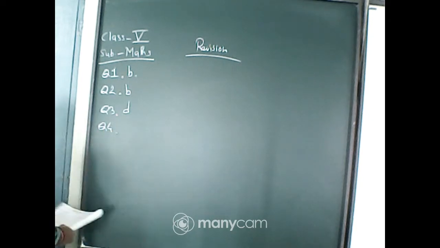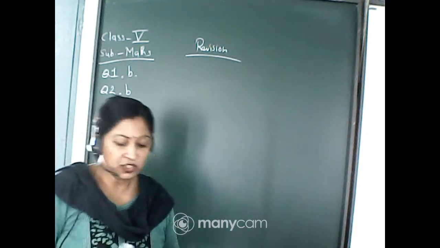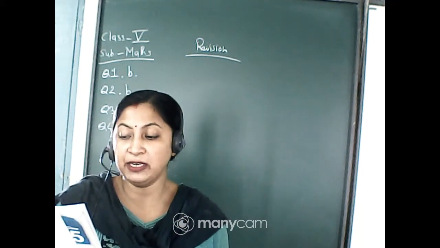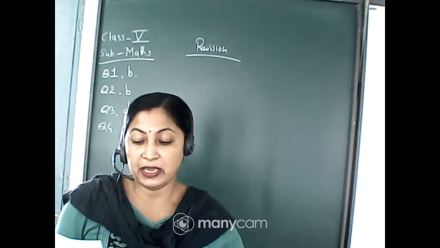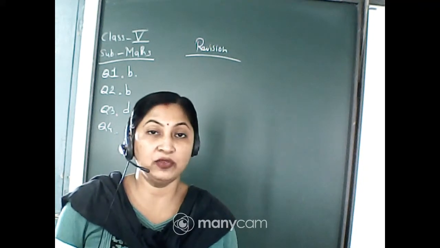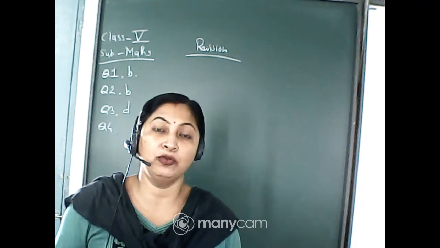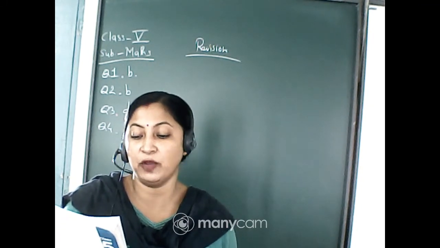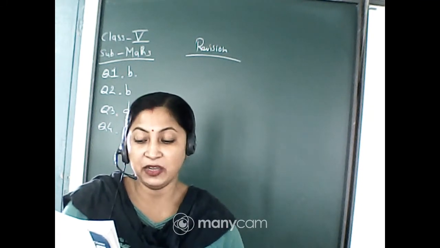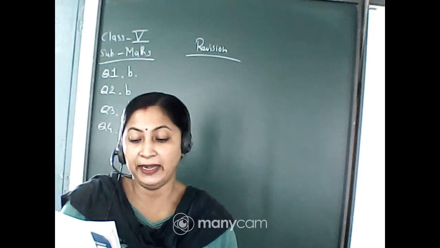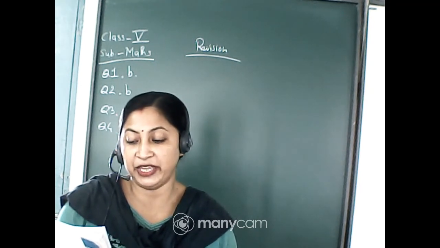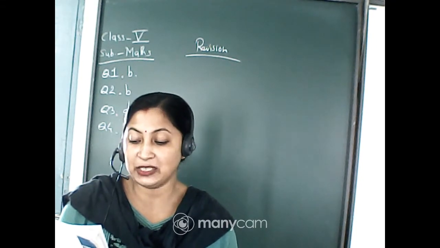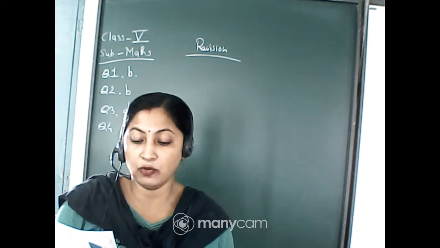Now come to question number 4. In which of the following problems do you need to calculate the area? Now here some options are given. You have to see that in which option you need to find the area. The first is to find the depth of water in a lake, to find the quantity of water in a pool, to find how much paint it will take to cover a wall, or to find the length of a track traced by an athlete running around a football.